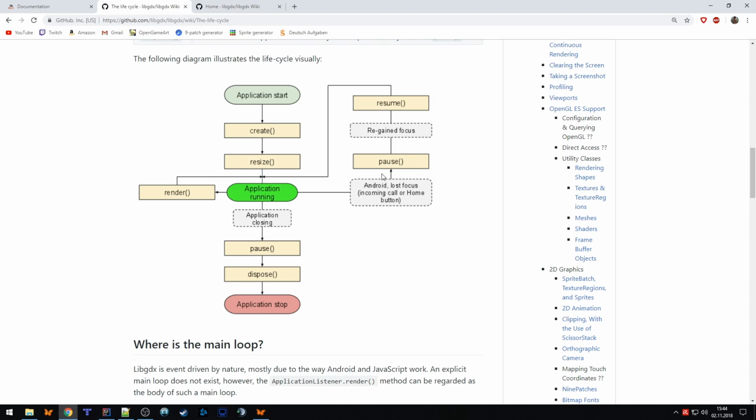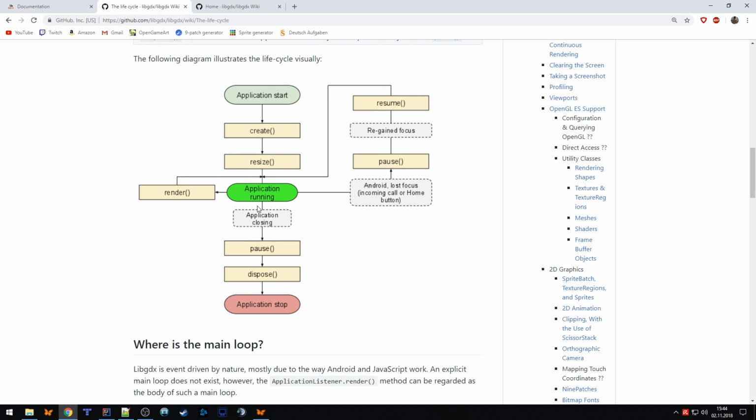And once you go back to the app or to the game, then the resume method is called. So those two methods, pause and resume, are important for phone development. If you are only developing your game for a desktop application, then you can ignore those two methods, if I remember it correctly. Okay, and then it goes back after the resume to this render loop.